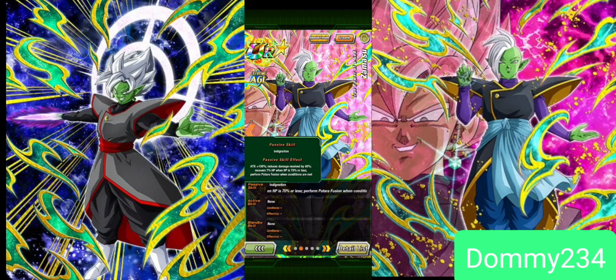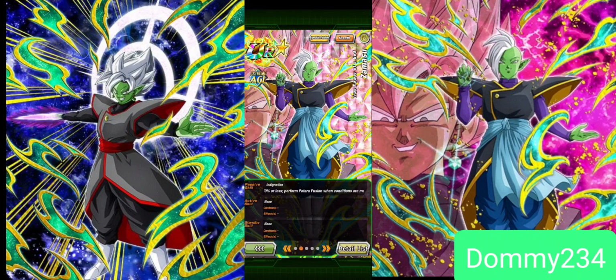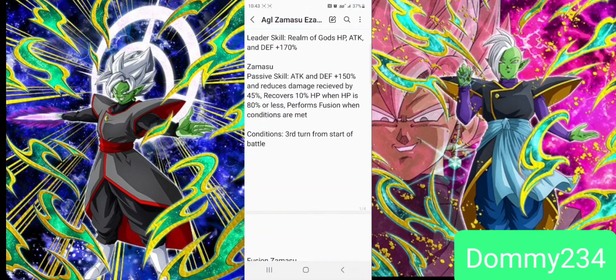He reduces damage received by 40% and recovers 7% HP when HP is 70% or less, and then does the Patara fusion when conditions are met. So this passive skill is very easy to work off of when making the EZA. What I did is I made it attack and defense 150. So I added an extra 50% to the attack stat that he already had and added defense. Then I added an extra 5% damage reduction, so he reduces damage received by 45%, and then recovers 10% HP when HP is 80% or less, and then performs the fusion